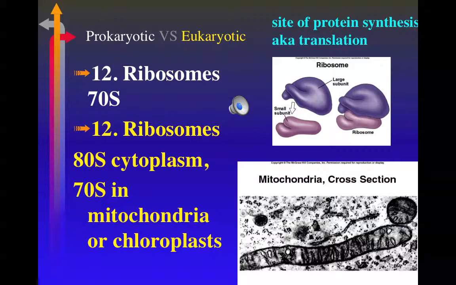And for prokaryotic cells, ribosomes are 70S in size, versus ribosomes for eukaryotic cells in sort of the matrix outside of any organelle or nucleus in what we call the cytoplasm. The ribosomes are 80S, so they're larger than the ribosomes in the cytoplasm of prokaryotic cells. And for eukaryotic cells, there are other kinds of ribosomes that can be found. If we look inside of organelles, like mitochondria and chloroplasts, we do find 70S ribosomes.